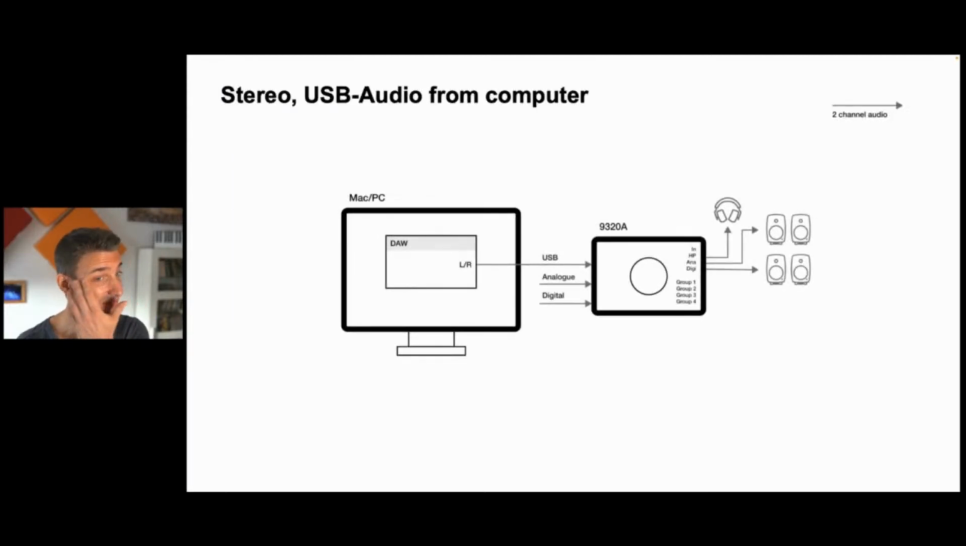Use case one is very simple. So we just have a DAW, for example, and we connect the 9320 and use it as a stereo output device. This is how we show it here at USB audio. And then you can, of course, use all outputs of the 9320. So the headphones output, the analog output, and the digital output, for example, to connect two pairs of speakers. And very important, so you can use the 9320 standalone,